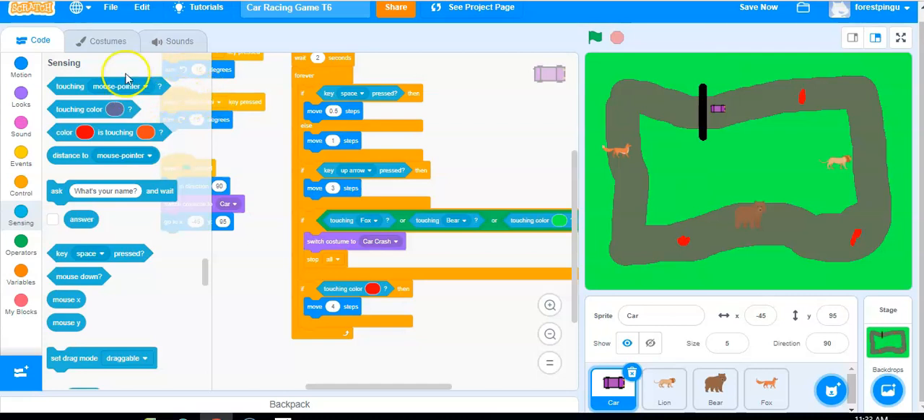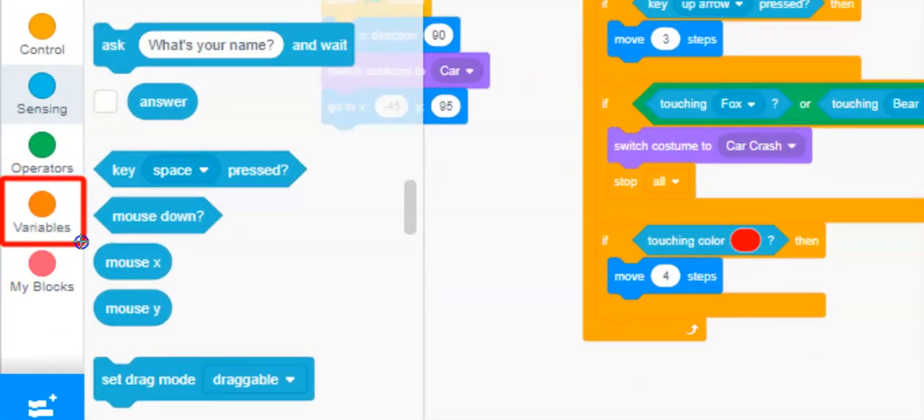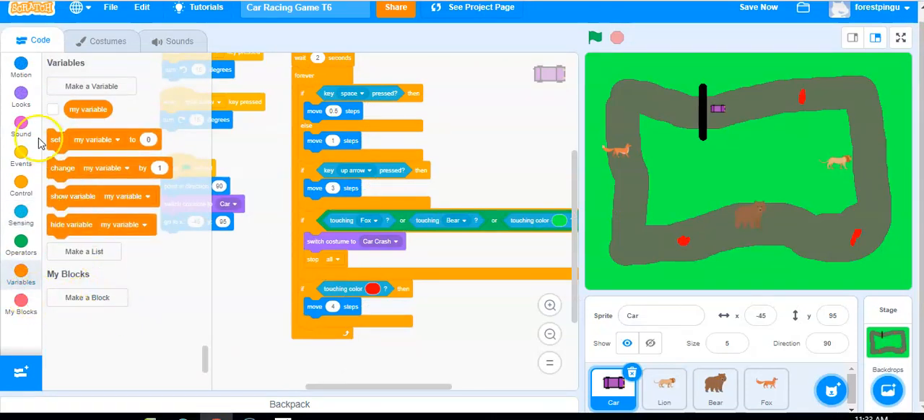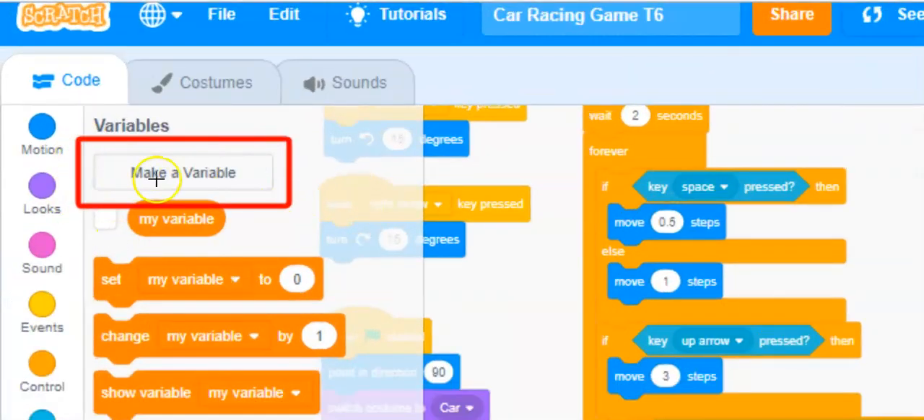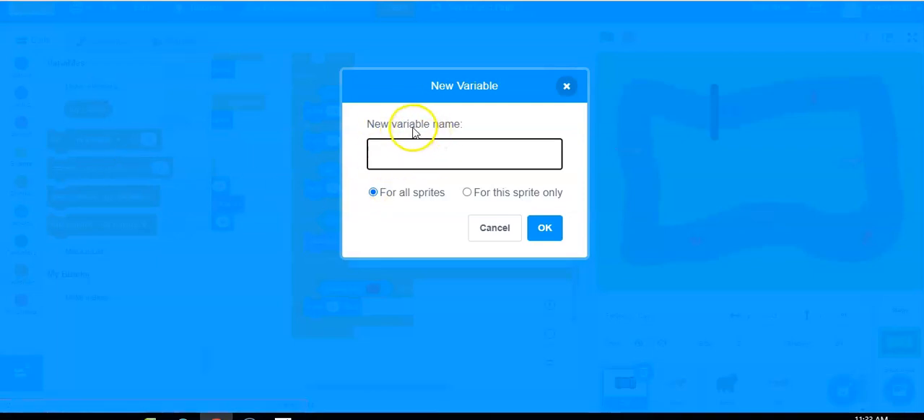Okay, so we need to go down to here. Let me show you where we're looking. We're down here on the variable section. You need to make sure you've clicked on variables, and we're going to create a new variable. Again, I'm going to zoom in on that so you know exactly where you're meant to be. So you're clicking on make a variable. I click there, and the first thing it's going to do is ask for a variable name. So I'm going to call that laps. This is going to store how many laps your car has